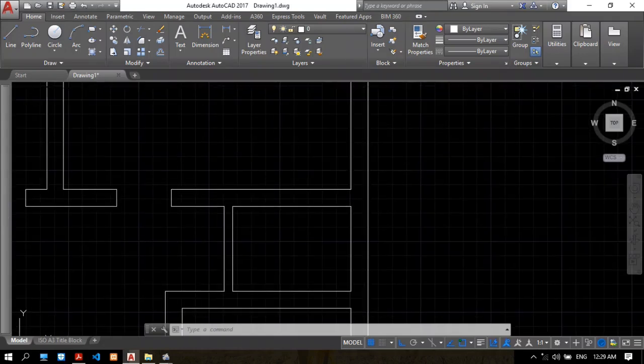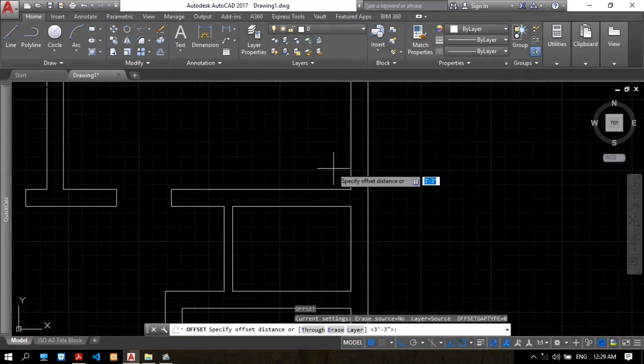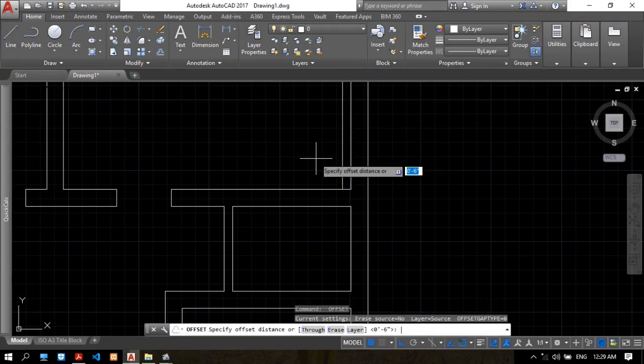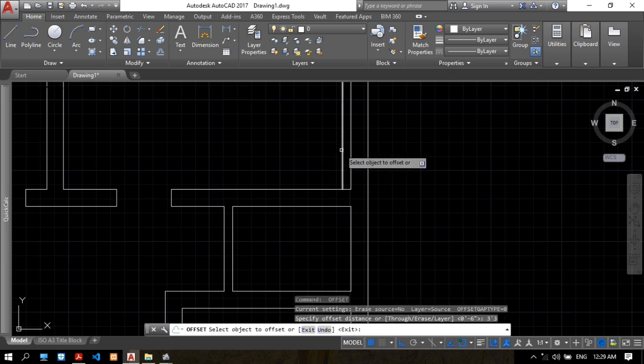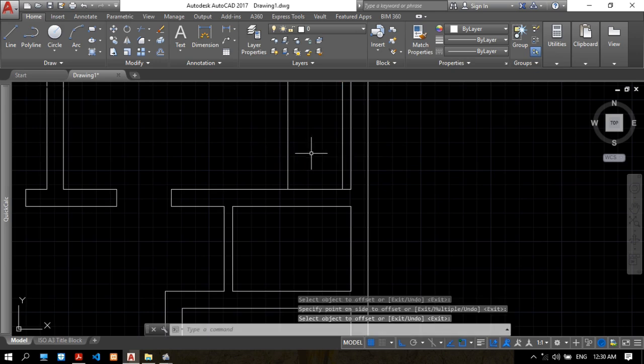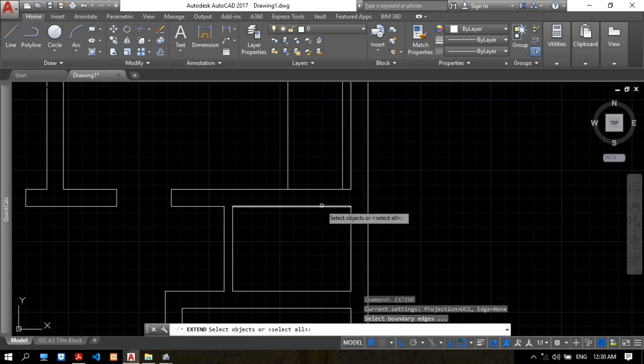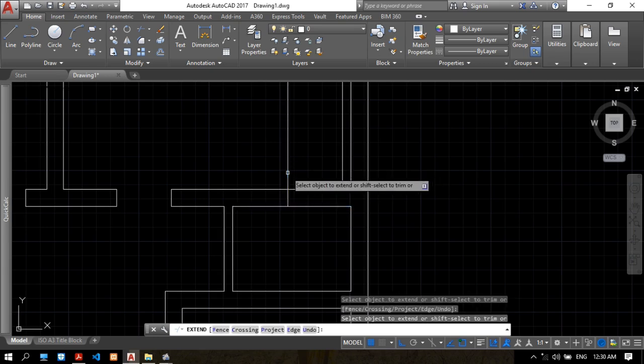Okay, so I use the offset command here, 6 inches offset from the wall, and then offset again 3 feet and 3 inches here. Enter, and then the extend command, click enter, enter, and then the trim command,